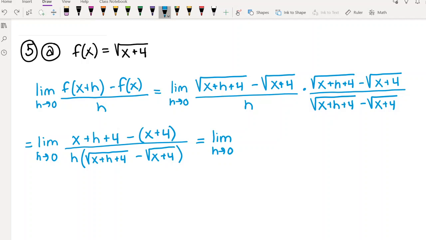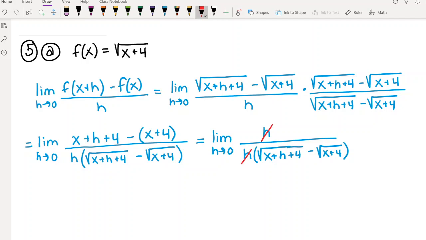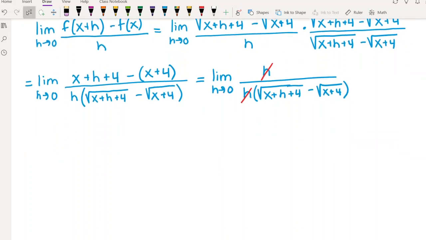And so we're going to have the limit as h approaches 0 of just h divided by h times all this stuff. Oops, I wrote the wrong order here. So x plus h plus 4 minus the square root of x plus 4. So now we can cancel out these h's, and this will enable us to actually plug in 0. So we have the limit as h approaches 0 of 1 over the square root of x plus h plus 4 minus the square root of,